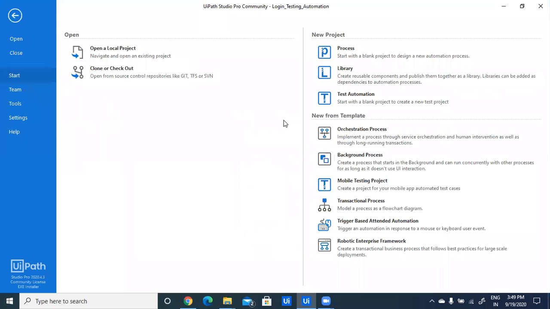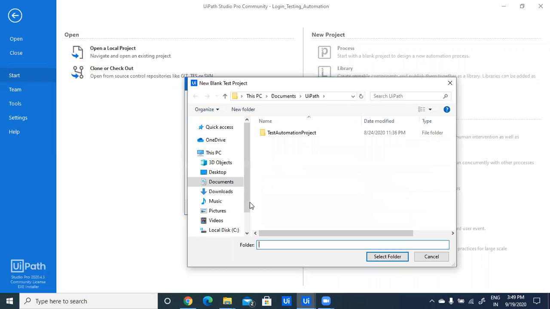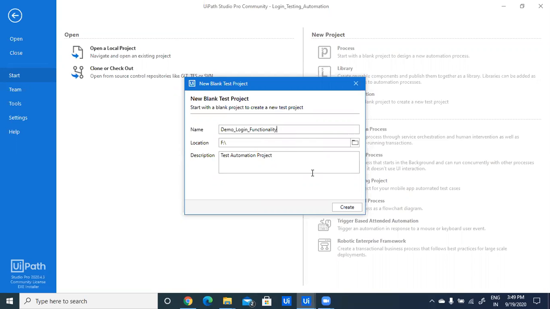Just open UiPath Studio Pro, click on test automation and give a project name, for example, I'm giving the project name as demo login functionality. Now provide a location where you need to save your project and the description.